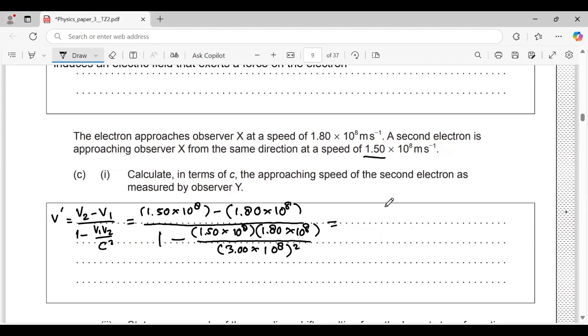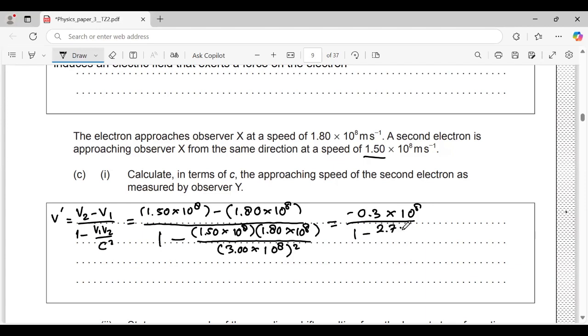Okay. It becomes minus 0.3 times 10 power 8 over 1 minus, if you multiply this,